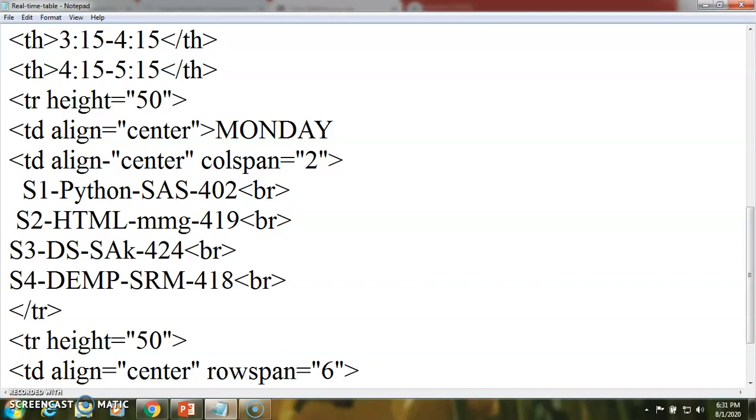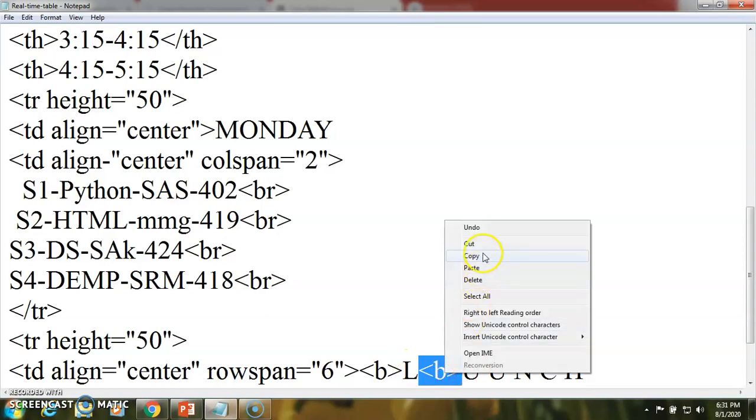Then we can add it as bold. So I have added the bold tag. Then we have the proper text where we are going to add the text. Then we have all the tags. In between this text we are adding a break tag.